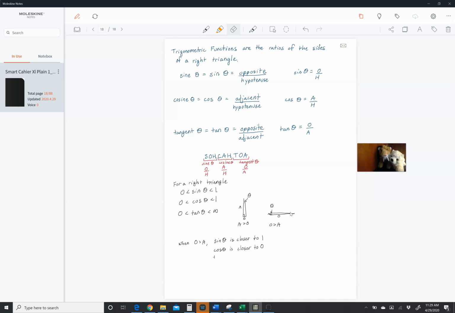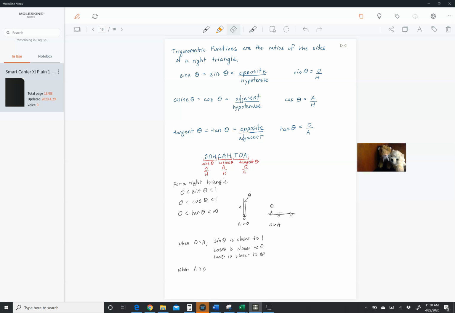Okay, and tangent is closer to infinity. Now, it doesn't mean that it's really, really large, right? If I have, let's say that our opposite side is 200 and our adjacent side is 2, you get a large number, but it's not infinite. It's just that it's a larger number, okay? It's increasing. It's a larger number. Whereas